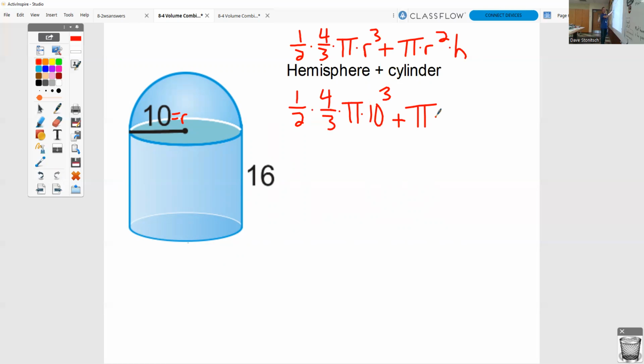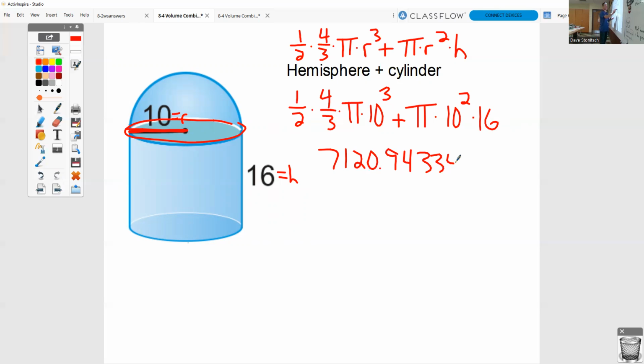Now the radius of the hemisphere and the radius of the cylinder are the same exact thing because it goes halfway across that circle. So it's times 10 to the 2nd power. And then the height of the cylinder is 16. You're going to type that whole thing into the calculator. You're going to get 7,120.943348, rounded to the nearest 10th, you get